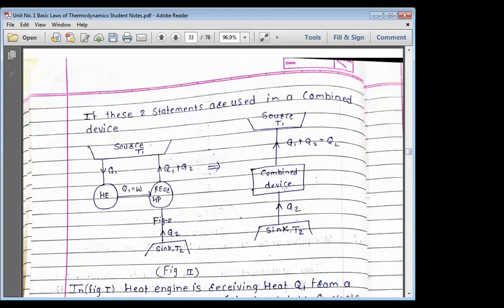तर इथं कंबाईंड डिव्हाइस आहे, दोघींचा मिळून कंबाईंड डिव्हाइस. कंबाईंड डिव्हाइस मध्ये Q2 अमाऊंट ऑफ हीट सिंक कडून घेतोय, कसलंही वर्क बाहेरून घेत नाही, आतल्या आतच घेते. आणि इट इज सप्लाइंग Q1 प्लस Q2 अमाऊंट ऑफ हीट टू द सोर्स. ओके, म्हणजे इथं आपण म्हणतोय विदाउट एक्सटर्नल वर्क लो टेम्परेचर कडून हाय टेम्परेचर कडे हीट जात नाही. तर इथं विच स्टेटमेंट इज व्हायलेटिंग नाऊ,